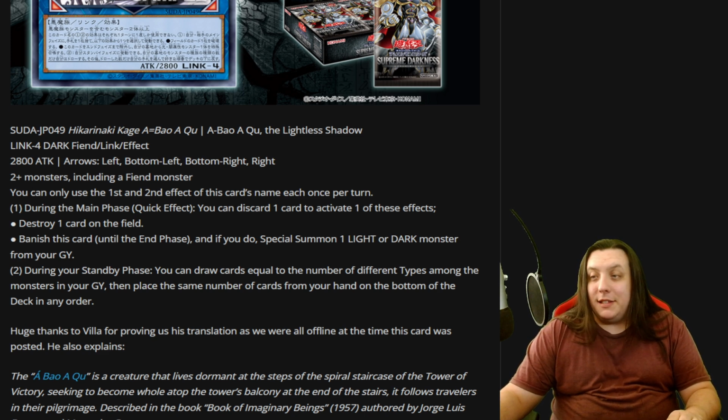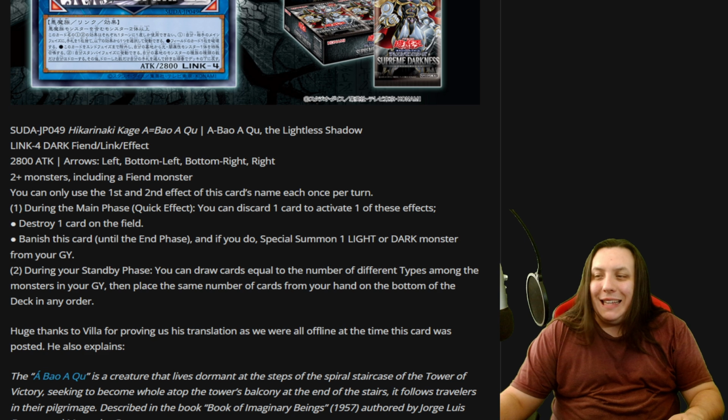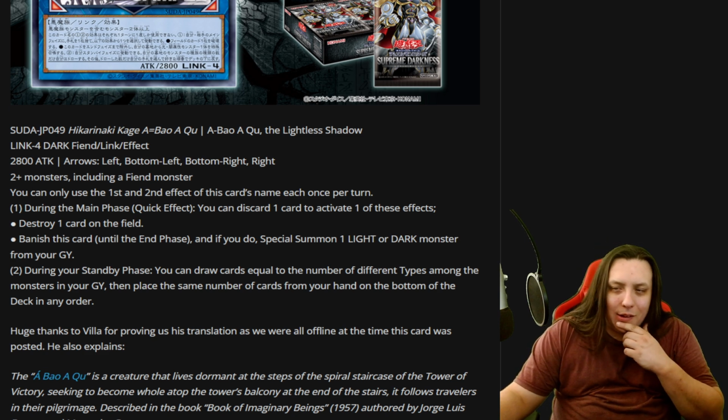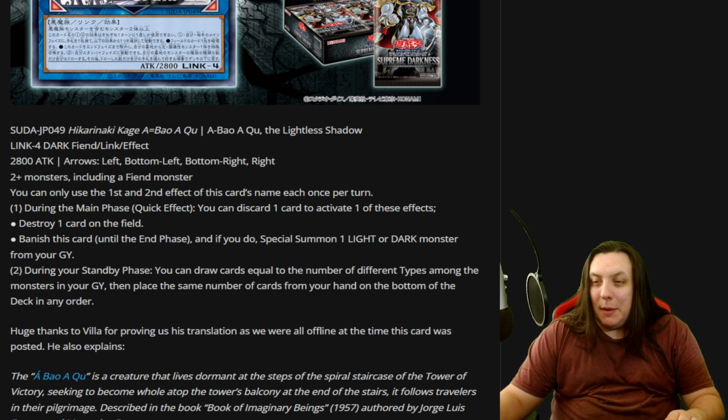During the main phase, as a quick effect, you can discard a card to activate one of these effects. Either destroy a card on the field, or banish this card until the end phase, and if you do, special summon a light or dark monster from your graveyard. Okay. During your standby phase, you can draw cards equal to the number of different types among the monsters in